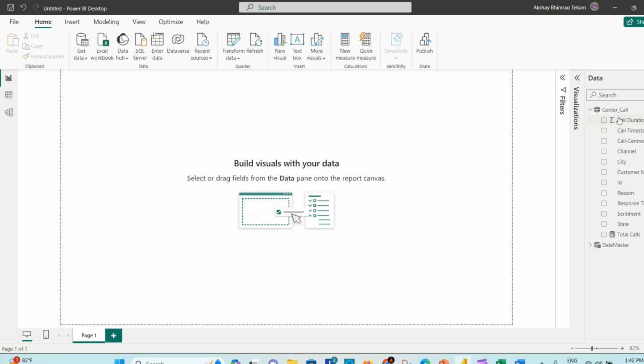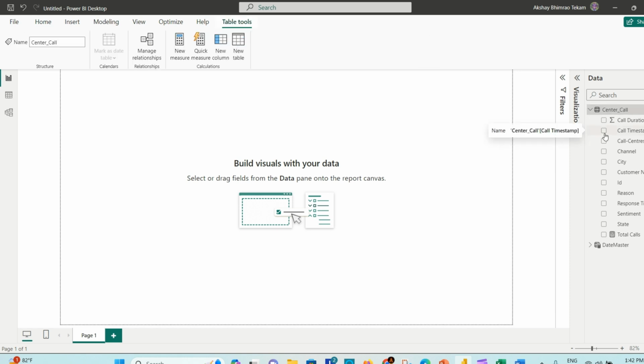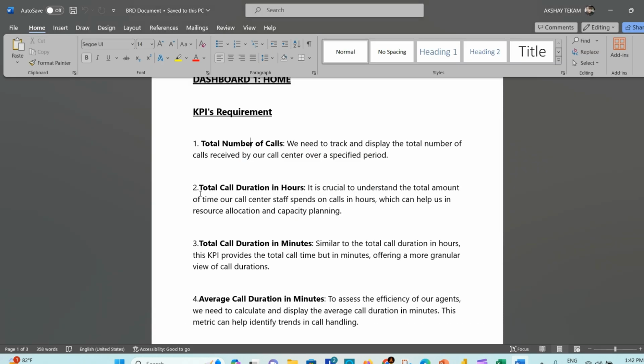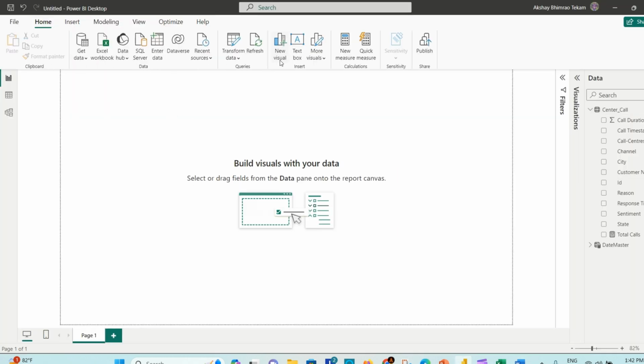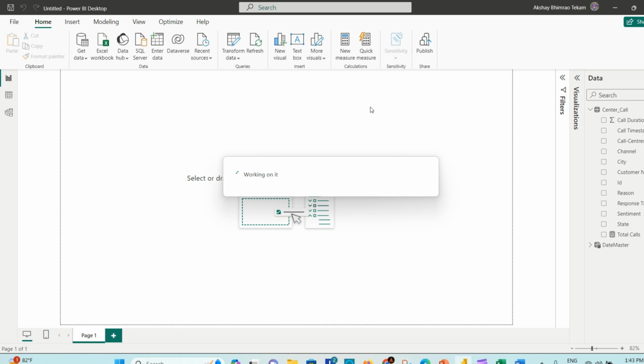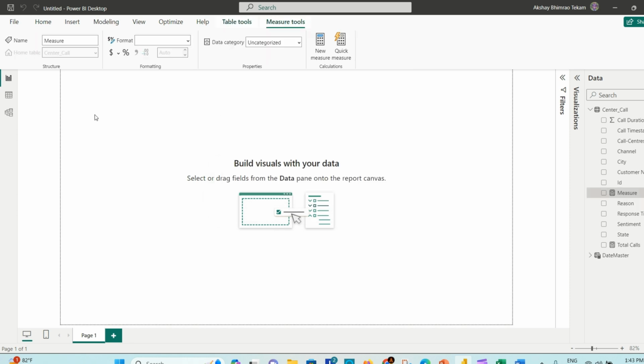What next? Create another visual. Another measure for what? Total call duration in hours and total call duration in minutes. Okay, I will create it. Create a new measure. In this measure, say